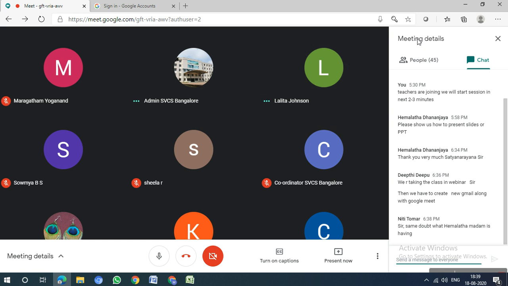Ma'am, probably in another week or 10 days' time, Google is also coming with the recording option. Probably Google Meet will also get recording. That is the announcement from Google. Then it will be okay, because now there is no recording facility. Actually, they said by September 1st onwards, we'll get recording for Google Meet. Hopefully, we will get it. That's great news.